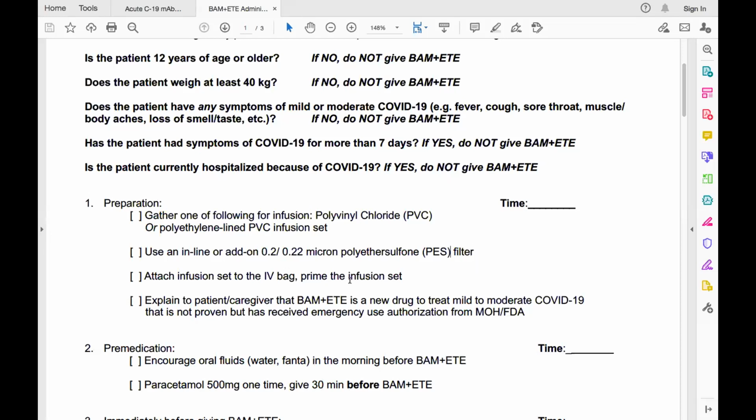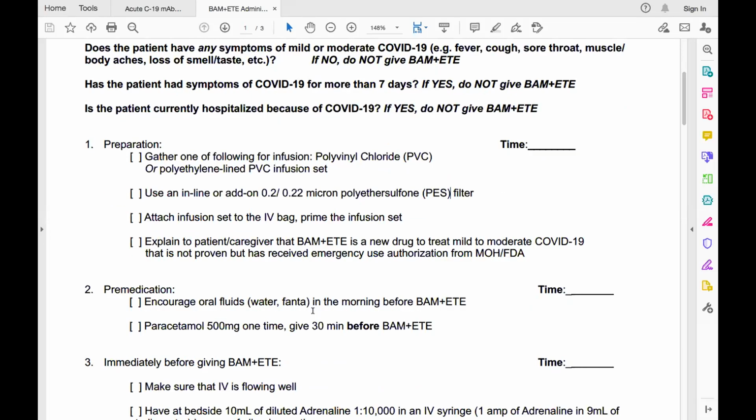Remember, we're supposed to use the preparation within 24 hours. Beyond that, we simply discard. So it is very key to follow this. And then for the pre-medication,